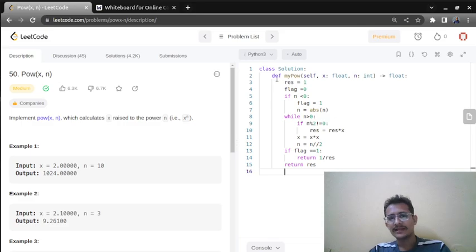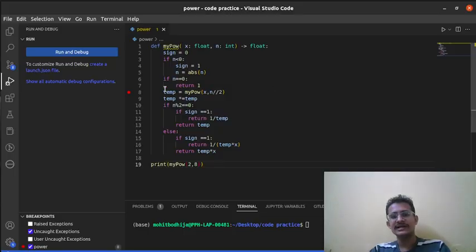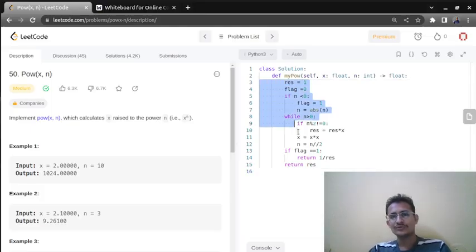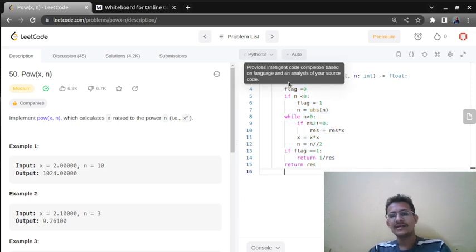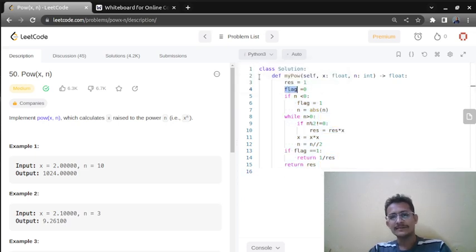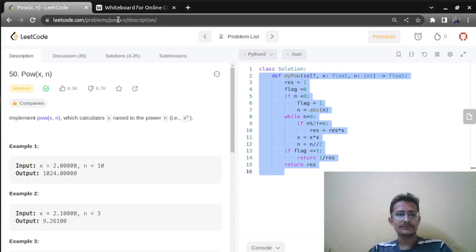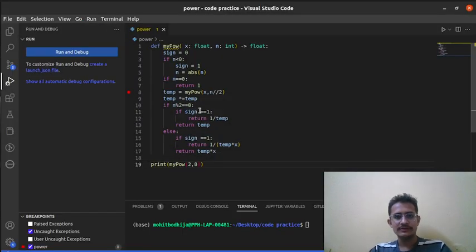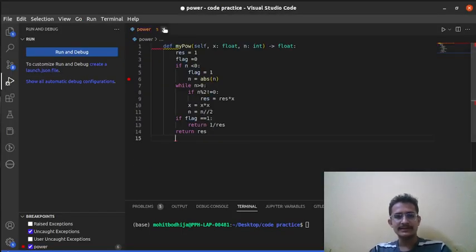Suppose the interviewer says, instead of using the recursive approach, try to solve it without recursion, because the recursive approach is going to use some extra space. We can avoid the recursive approach by using a loop. So let us debug this also, it will be much easier for us. Let us come to VS Code and try to debug the same.